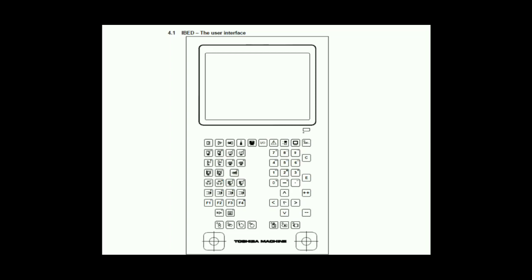Now you can see that this is the user interface page. From this particular page I am going to start these lectures, and you will easily learn what the injection molding machine means and what each and every setting is. We will discuss it here,